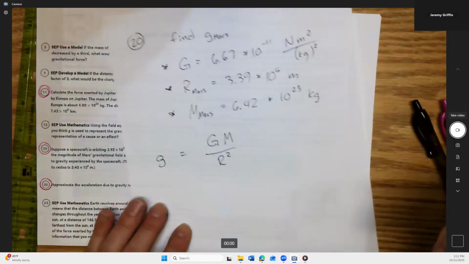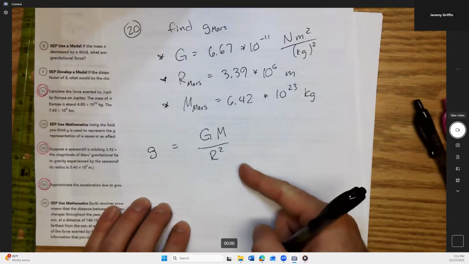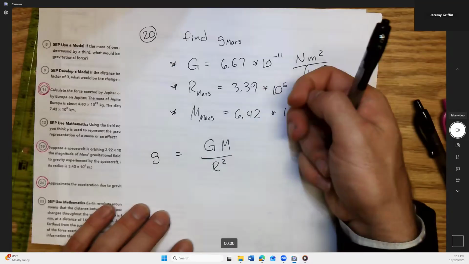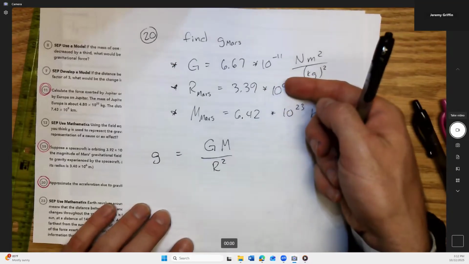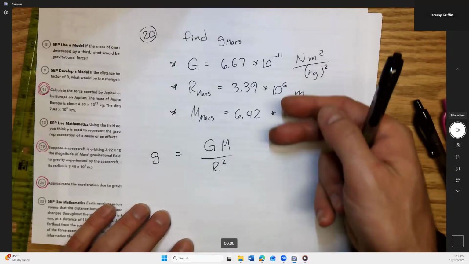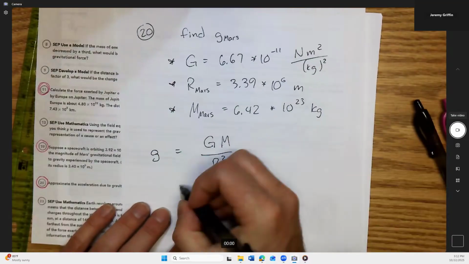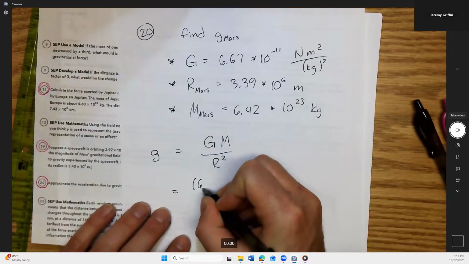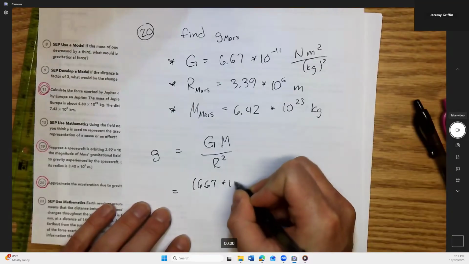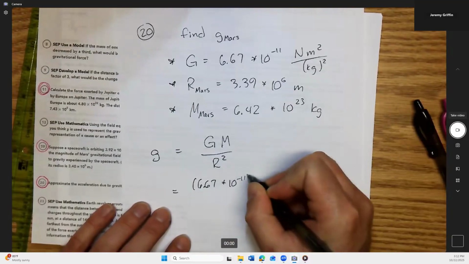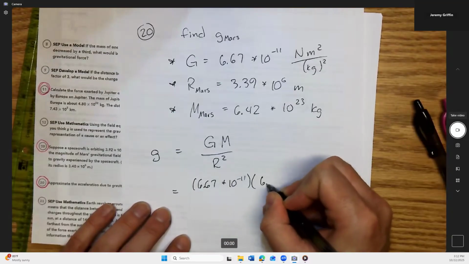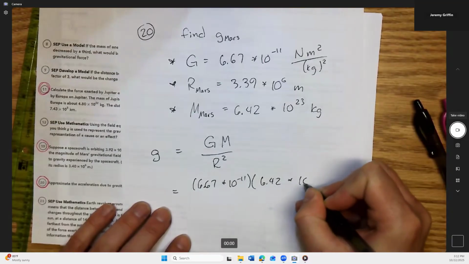So if you walk around the surface, how much gravity field do you feel? Mars is both smaller in radial size and also smaller in mass. What do you think gravity field is going to be on Mars compared to Earth? Larger or smaller? Yeah, probably smaller. Okay, so let's see. 6.67 times 10 to the negative 11, 6.42 times 10 to the 23,